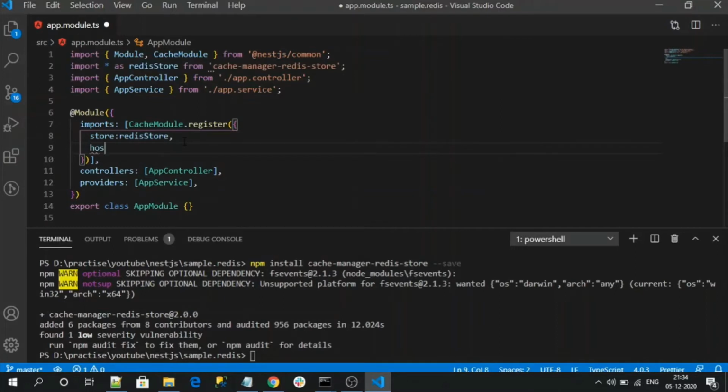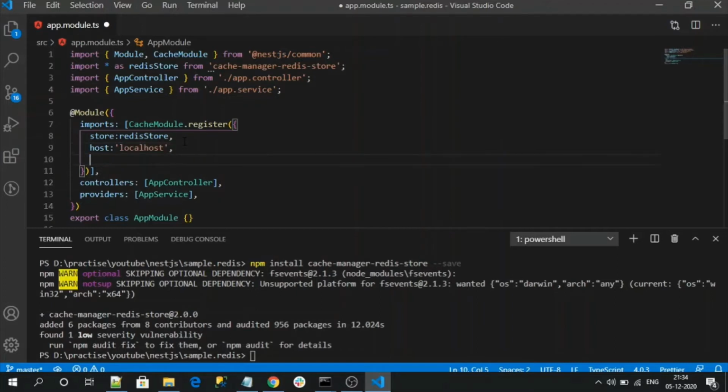Next is host. If you are in production, you need to give the Redis domain to this host property. Here I am using a local Redis store, right? So I am going to assign host as localhost, and then the port number.